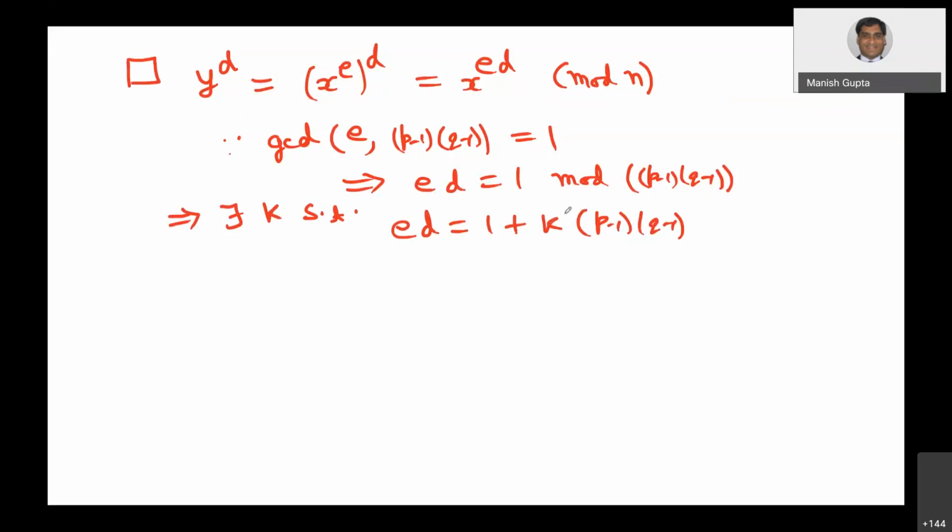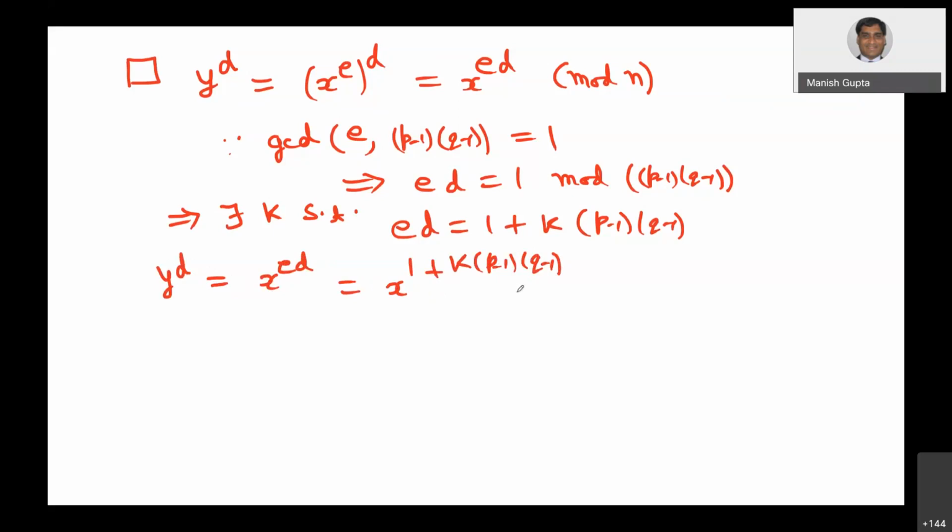So that multiple number is K. So ED is equal to 1 plus K into (P minus 1) into (Q minus 1). So now we look at Y raised to power D. It turns out that Y raised to power D is equal to X raised to power ED, which is the same thing as X raised to power 1 plus K times (P minus 1) into (Q minus 1),